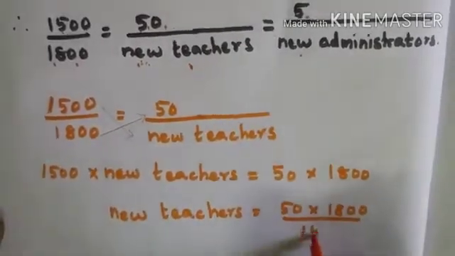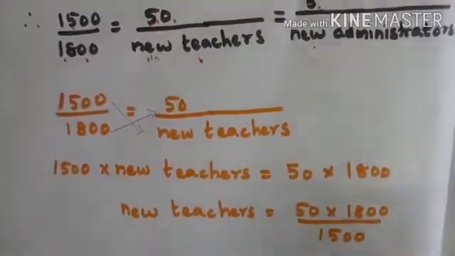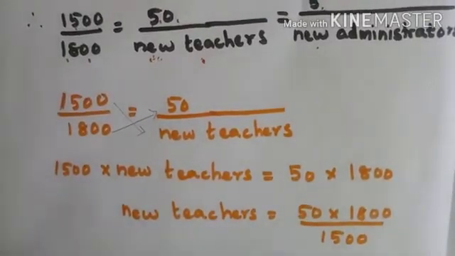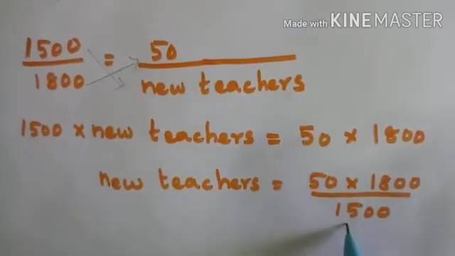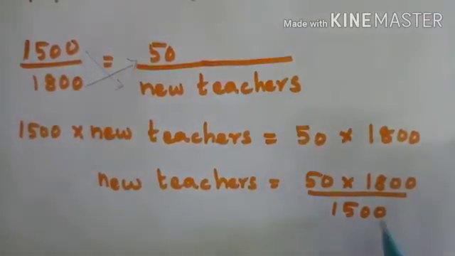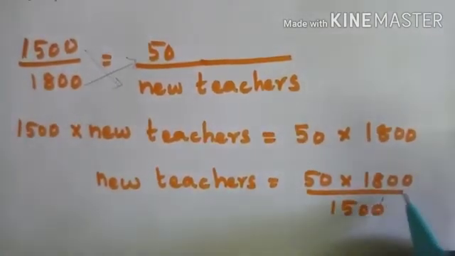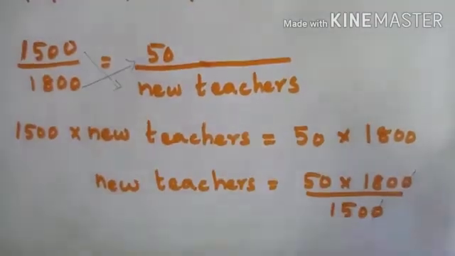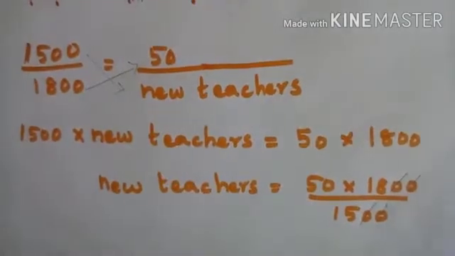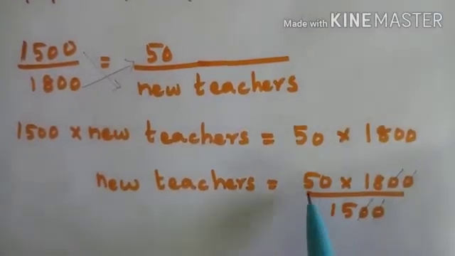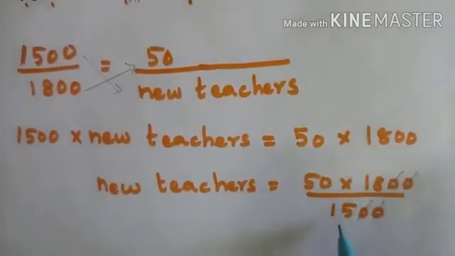1500, when it goes to that side, it becomes division. Now what we can do, we can strike 0 0 in the denominator. Otherwise you can multiply these two numbers and divide by this number. But now we can strike the 0 0: 2 0s in the numerator, 2 0s in the denominator. Next also you see we are having 50 here, here 15. So which number can we strike?